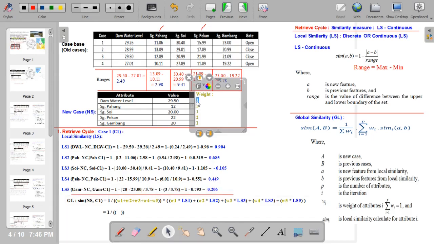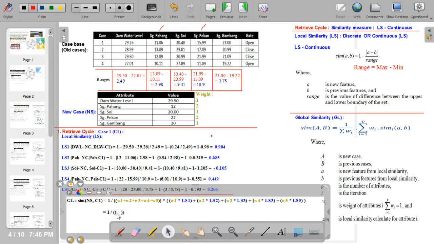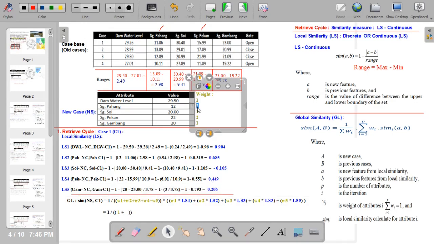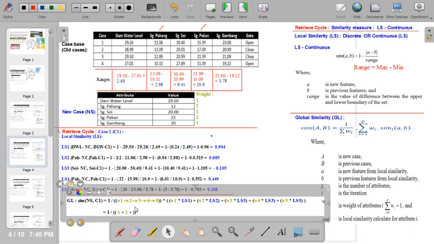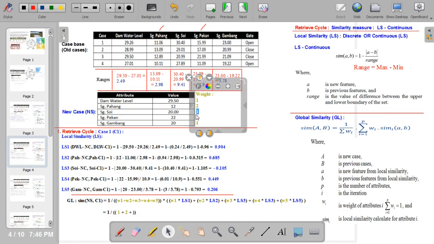So I'm going to take 1, plus the value for W2, which is bahang, right? The weight of the bahang is 2. So 1 for the third attribute, W3, the weight of the third attribute is 1,